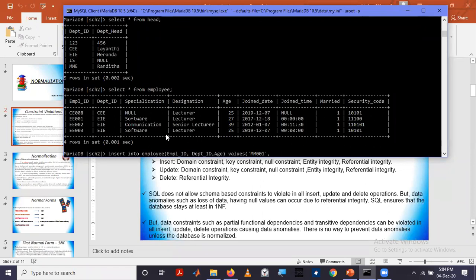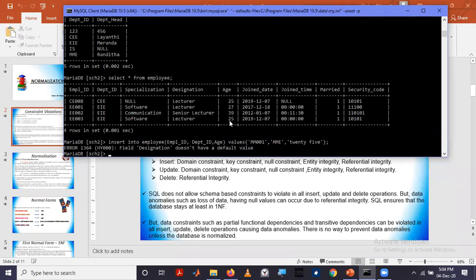For the department ID, I will say MME. And for age, I will specify a character, 25. We'll see whether we will be allowed. This one does not have a default value, so we have to enter that one also. Designation also we have to enter.